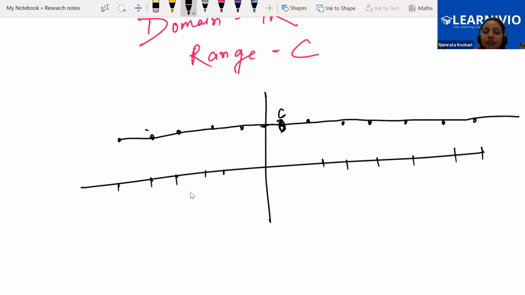Instead of 3, if I write c over here, c is just a number. This is how your graph will look: whatever x value you take as input, your output every time will be 3 only. You can see the coordinates: this one reflects x as 1, y as 3; this one x as 2, y as 3; this one x as 3, y as 3. Whatever x value you take, y comes out as 3 only. And that's why the constant function graph will be